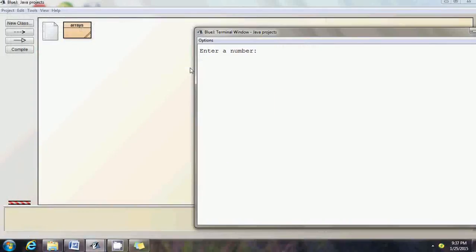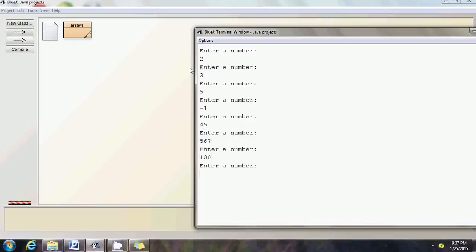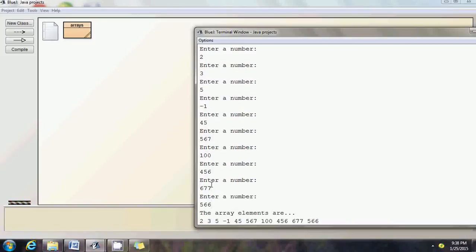Enter a number. I say my first number is 2. Enter another number, 3, 5, -1, 45, 567, 100, 456. How many numbers have I entered? 1, 2, 3, 4, 5, 6, 7, 8. 2 more numbers to go. 677, 566. See, the array elements are, the moment I enter the 10th number and hit enter, it's going to print